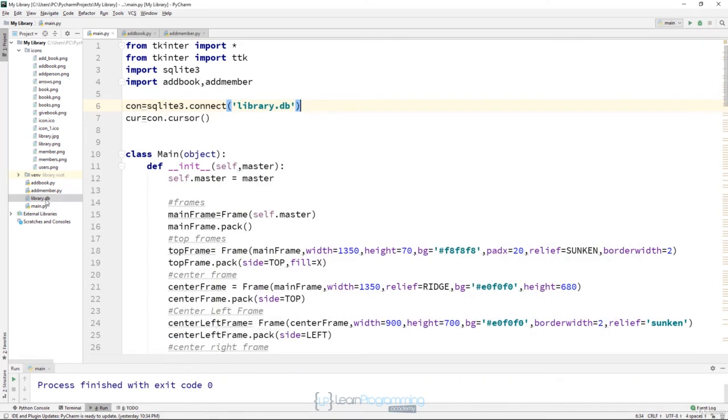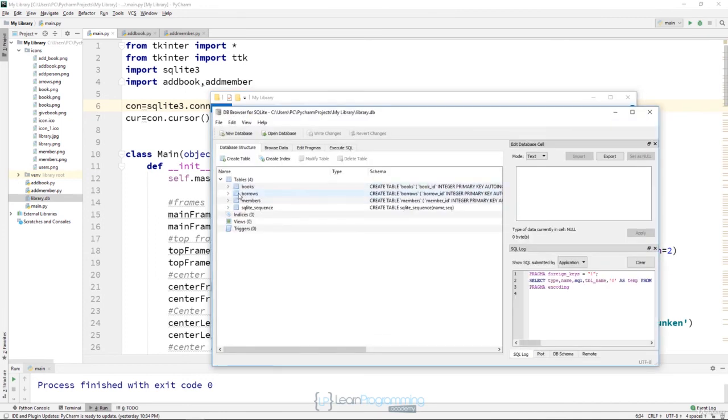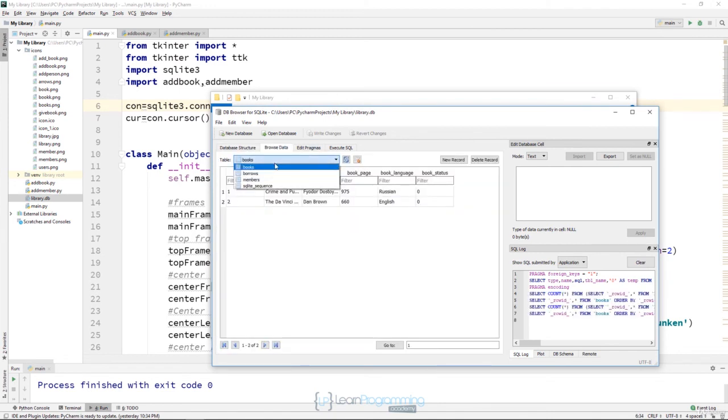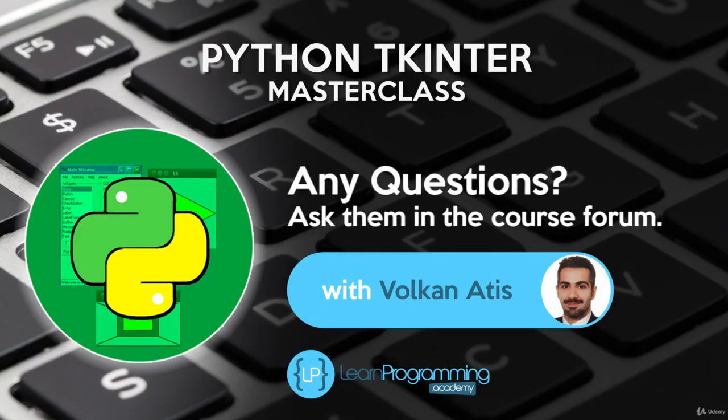Now let's go back, show in Explorer and library, and here members, right? As you see now, our record is here and everything looks very well. And for now, that's all. See you in the next